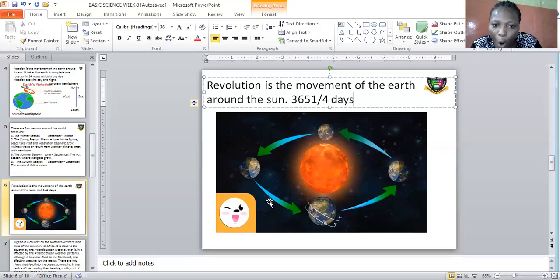It revolves and gets here, still experiencing the sun, but the heat is not so strong. Then it is experiencing what is known as autumn,